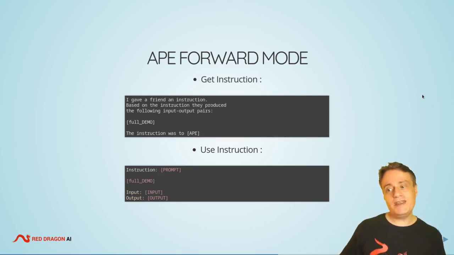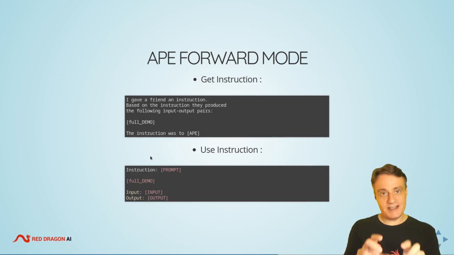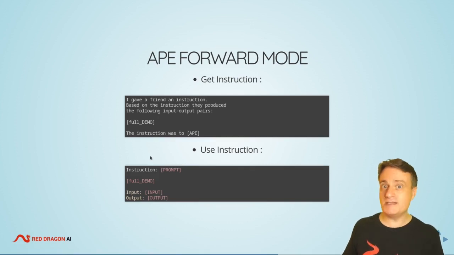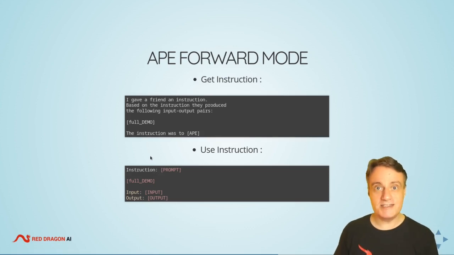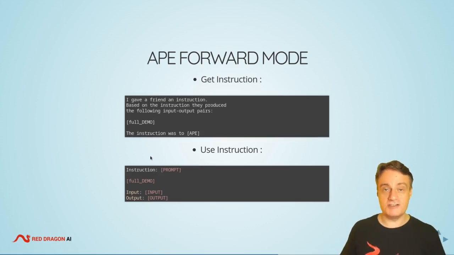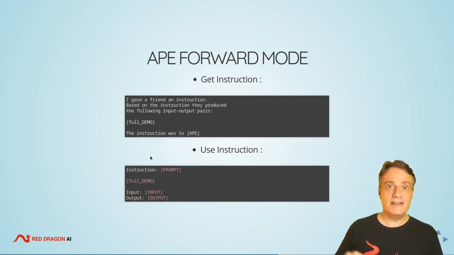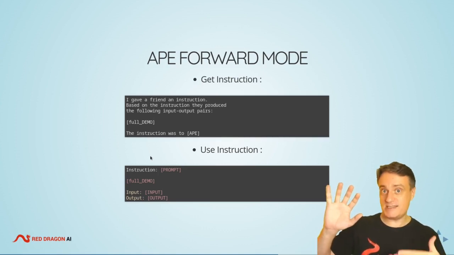Then when it comes to using this, you say instruction with whatever it said. Here is a demo using these pairs, and then you say, well, input is this, what is the output? And now the next word it comes up with has to be led by its own instruction. So this is a sneaky way of getting it to come up with a variety of instructions. You don't just run this once, you run it several different times, and each time it would come up with maybe different performance on a test set.